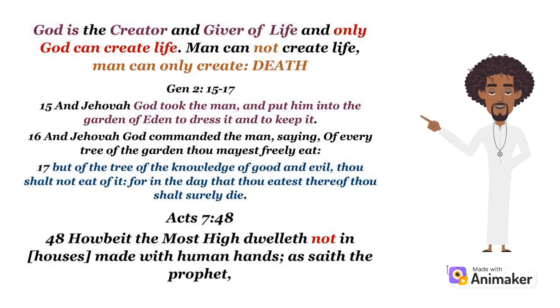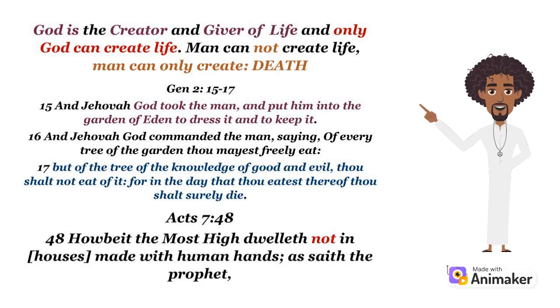Now the second chapter of Genesis, verses 15 to 17, reads as follows. And God took the man, and put him into the Garden of Eden to dress it, and to keep it. You should understand that the garden that is mentioned is Mother Earth. It goes on to say, and God commanded the man, saying,